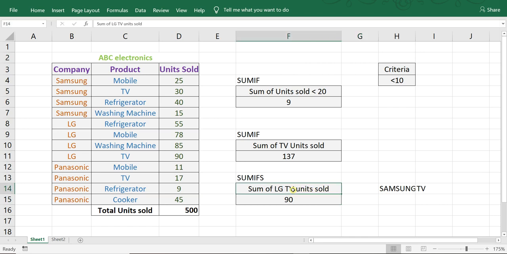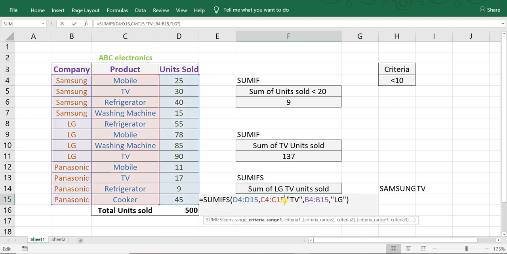So in that case, I just edit the formula. Here I take the cell reference instead of mentioning the TV. So I have written TV here. I'll select this TV, and in place of LG, I'll take the cell reference of this Samsung.